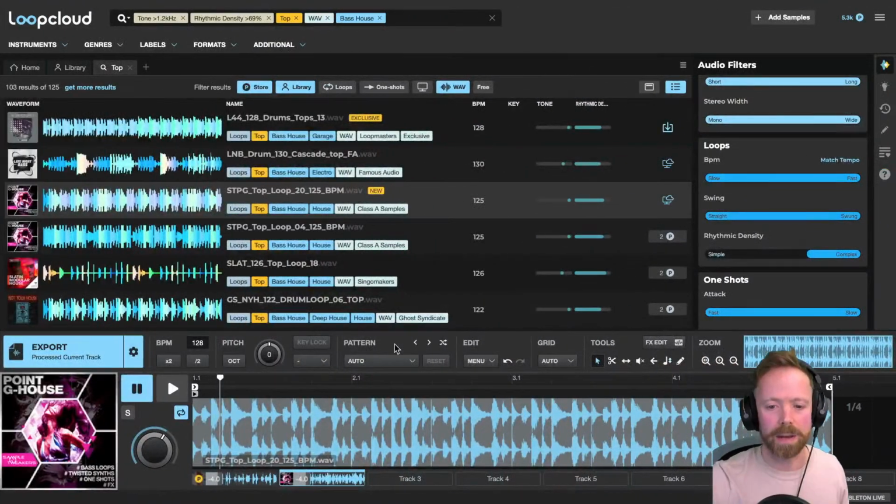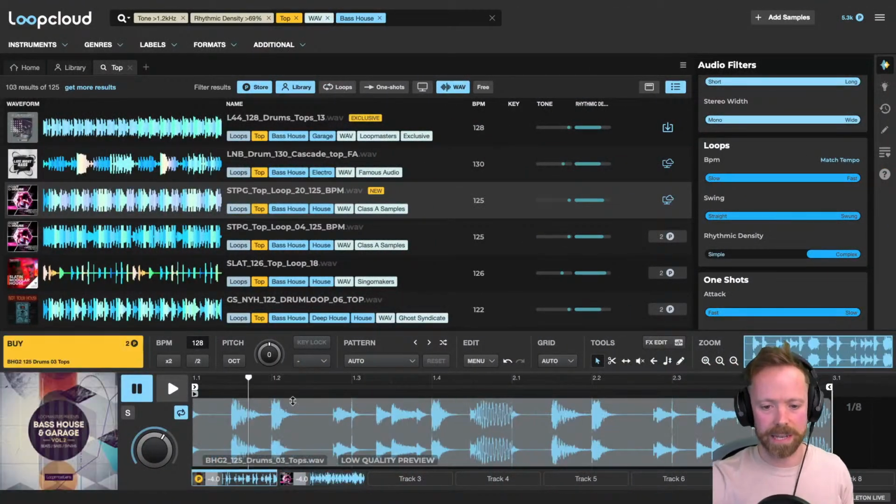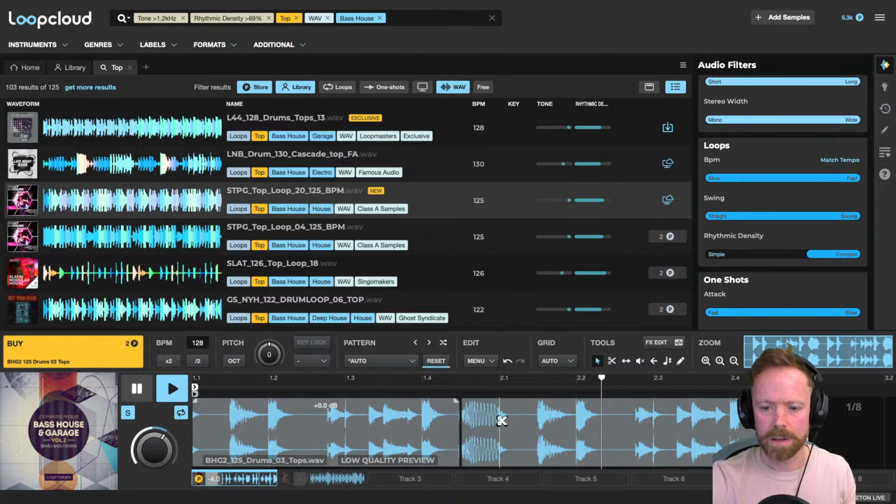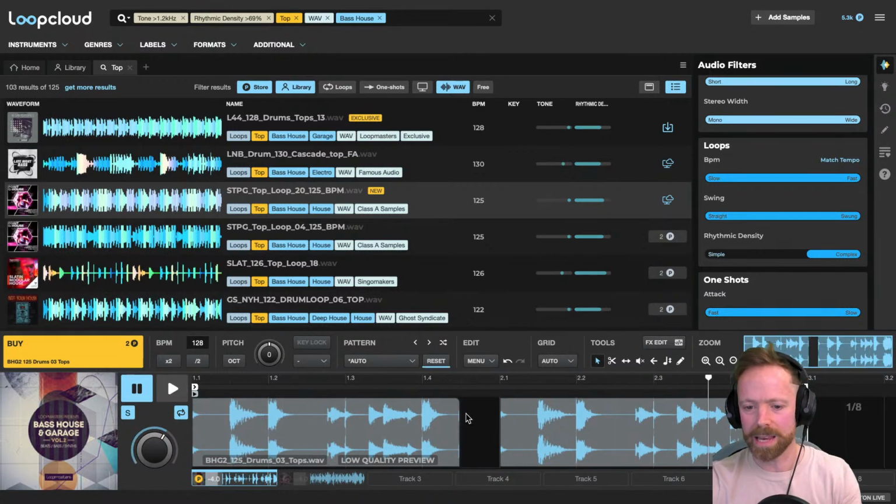Now, there's quite a lot going on in here, obviously, so it makes it really quick and easy to chop out these. So if I just solo this one. I don't want this one here, so I'm using the scissors tool, which I'm accessing with the Alt key, whoops, to slice those out. You can also do it here. And then